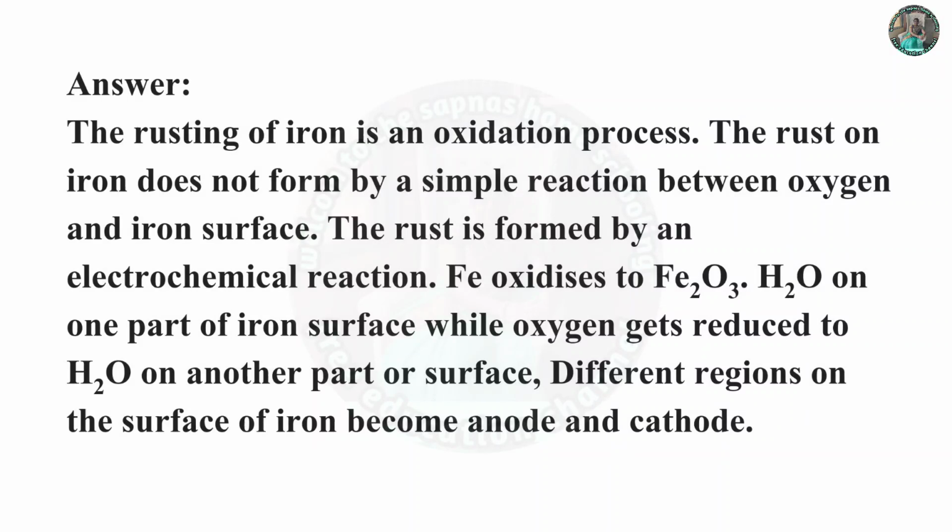Answer. The rusting of iron is an oxidation process. The rust on iron does not form by a simple reaction between oxygen and iron surface. The rust is formed by an electrochemical reaction. Ferrous oxides to